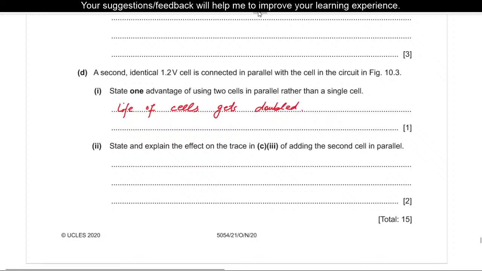State and explain the effect on the trace of adding the second cell in parallel. There will be no effect. We have stated it, and we have to tell why there is no effect, because if we place two identical cells in parallel, its EMF will be equal to the EMF of the